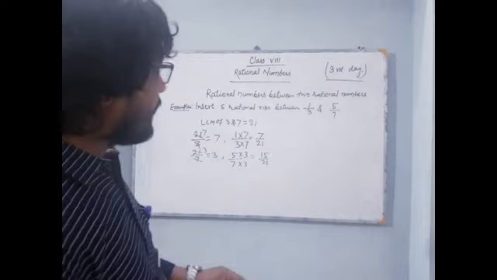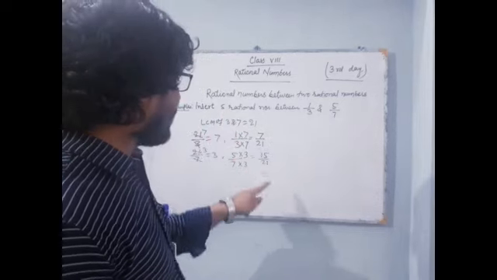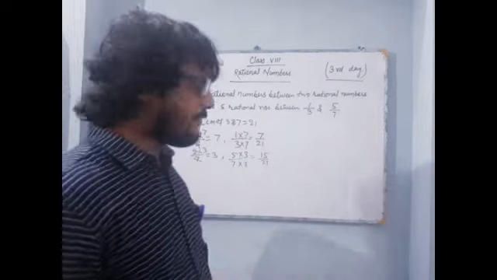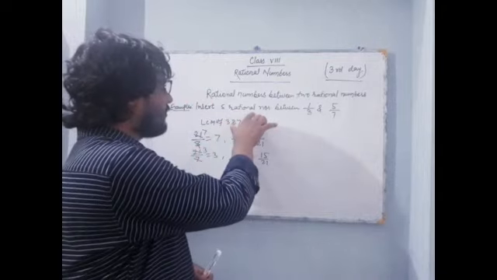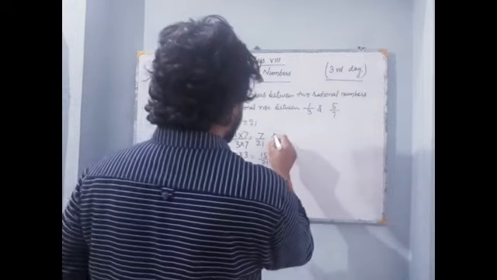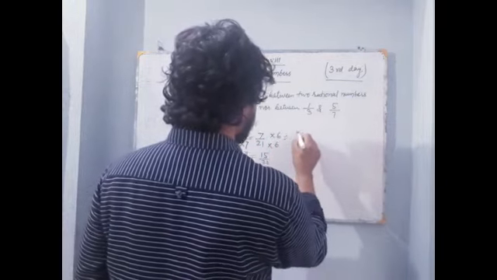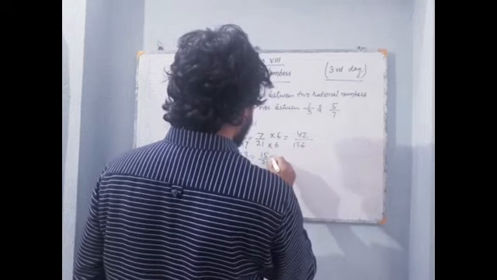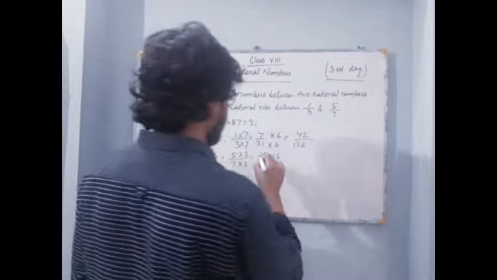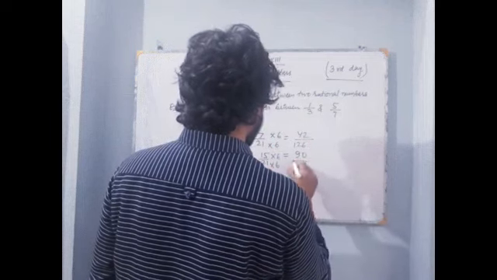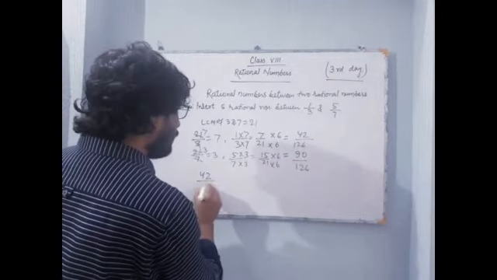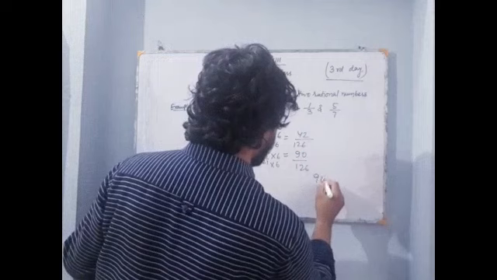Got it? And you have to put 5 rational numbers. That's why we multiply these rational numbers by 6, a number more than 5. Whenever you have to insert some rational numbers between two numbers, multiply both by a number bigger than that count. So we have to multiply by 6 and 6, that is 42 by 126, and multiply this one also by 6, that is 90 by 126. You can multiply by any number greater than 5: 6, 7, 8, 9, 10, 11, any of them. Okay, now what new numbers have we got? 42 by 126 and 90 by 126.